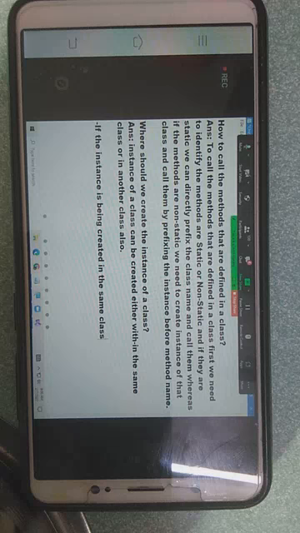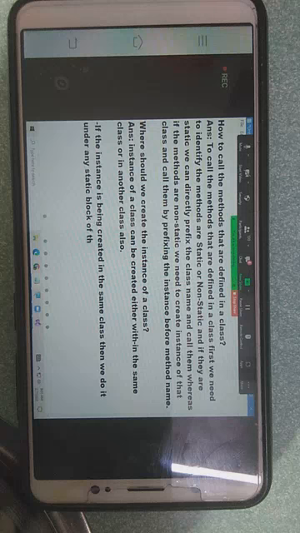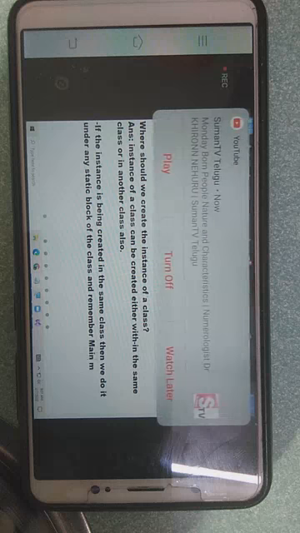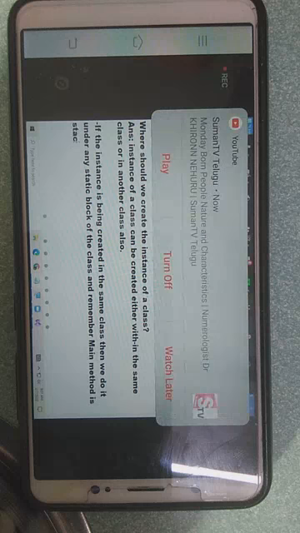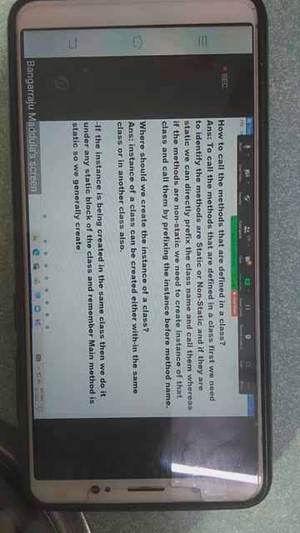If the instance is created in the same class, then we do it under any static block of the class. Remember, main is static. So we generally create instances in,